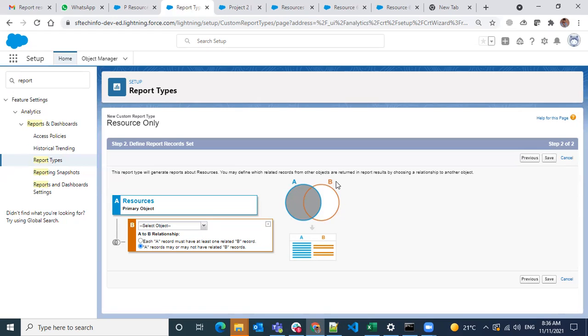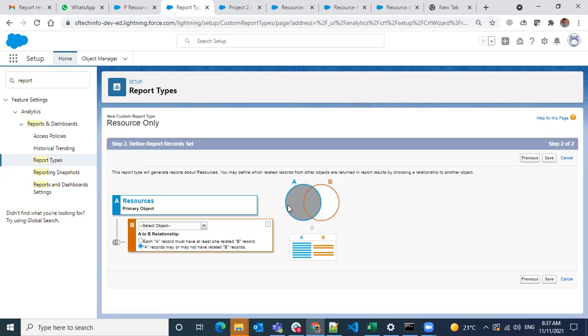There will be two objects, object A and object B. Our primary object is A, and if you select any of this B object, there will be some data in B also. In this B object, there might be all records linked to A, then you will see all the data. There will be some records in B related to A, and some of the records are orphan records.